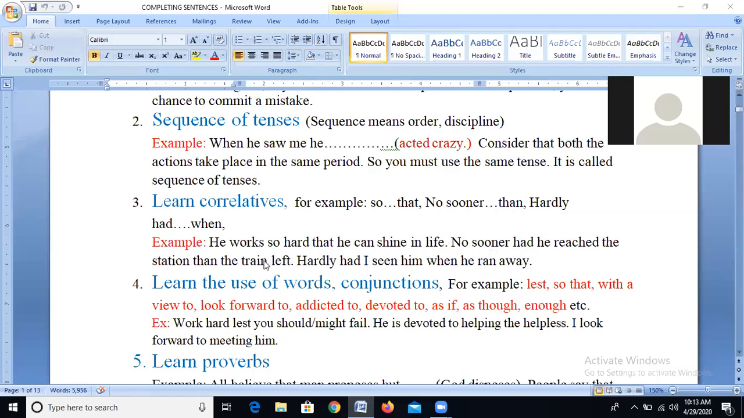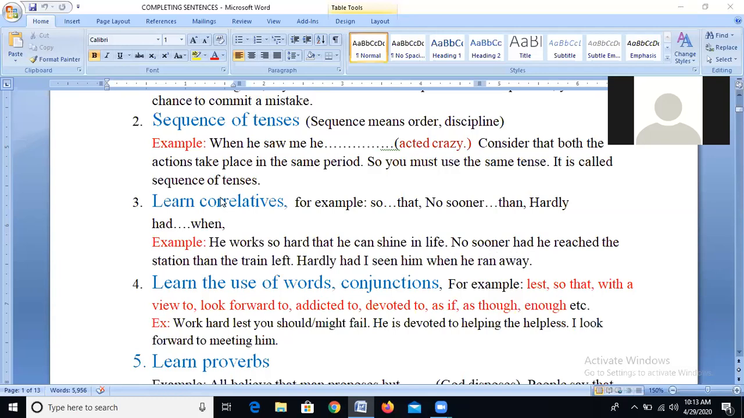Connect the other part of the sentence with than. So why should I use than here? Than is a conjunction which is used to show the comparison between two. For that reason,